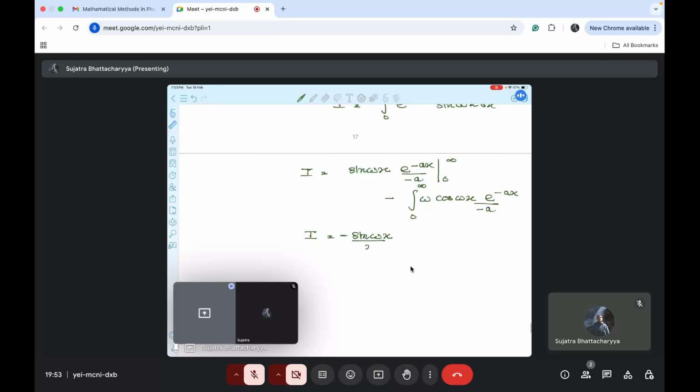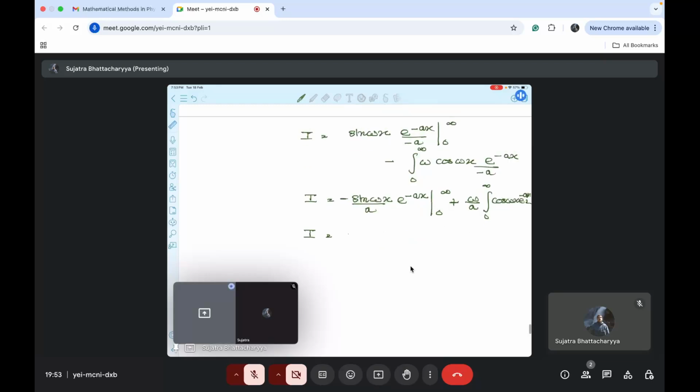So I becomes sine omega x e to the power minus ax by minus a from 0 to infinity, plus omega by a, integral from 0 to infinity of cos omega x e to the power minus ax dx. Now you integrate this, so you have cos omega x e to the power minus ax by minus a,